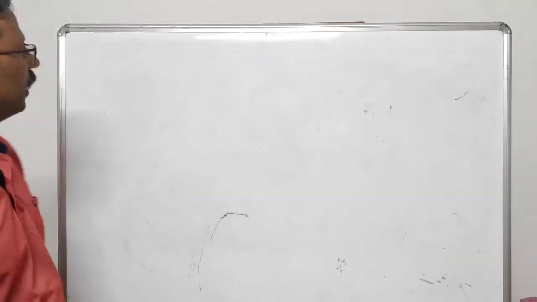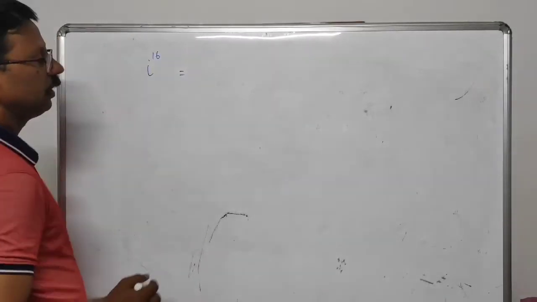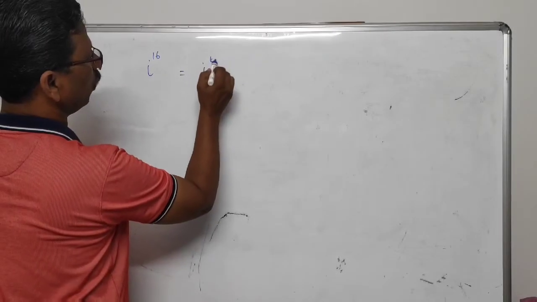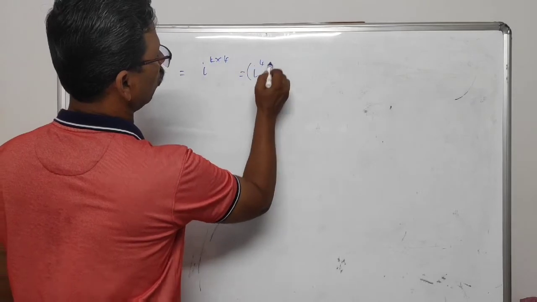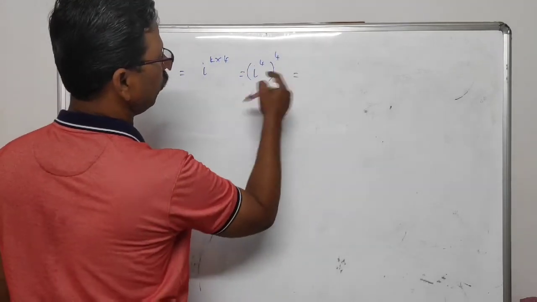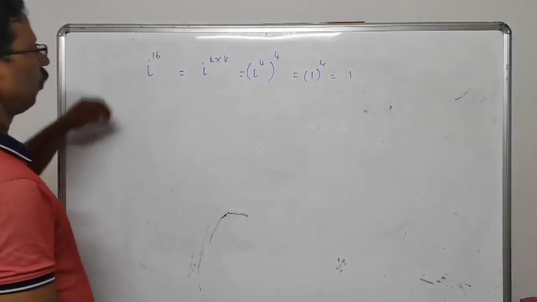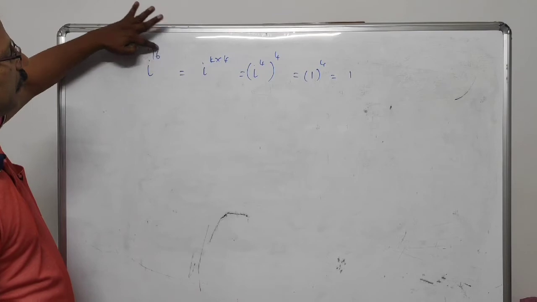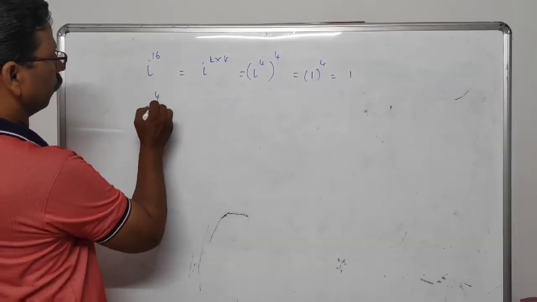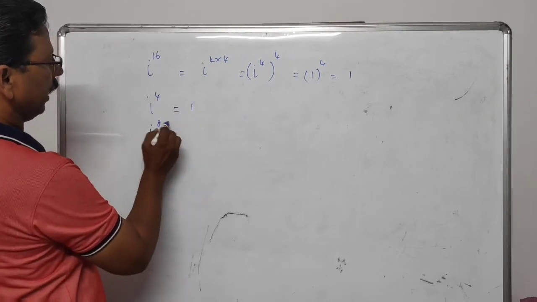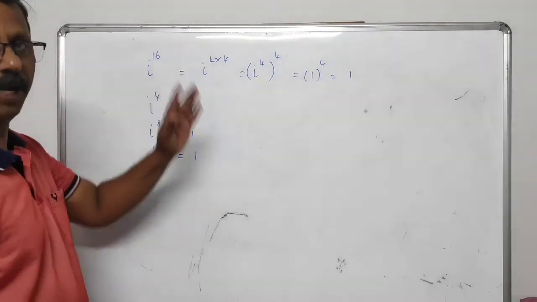For example, see here, i power 16. How do you write this? i power 4 into 4, which is equal to i power 4 whole power 4. This i power 4 is 1, and 1 power 4 is equal to 1 only. Therefore, if the power of i is a multiple of 4, definitely this value is equal to 1. Already we have seen i power 4 is equal to 1, i power 8 is equal to 1, then i power 12 is equal to 1. Likewise, we can find out. Okay, now based on this, we can write